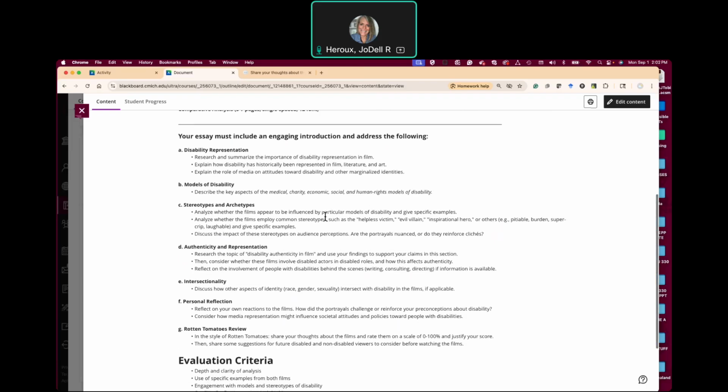You're going to create a section that talks about the models of disability, because thinking about this as, like, think of your audience as people who don't know these models and aren't taking this class. So maybe you could even envision family members or friends, like really target a specific audience. Maybe you have roommates or a few family members that you could think of as you're developing this project, so that you can think about, okay, I'm going to have to tell them what the medical, charity, economic, social, and human rights models of disability are before it's going to make sense to them